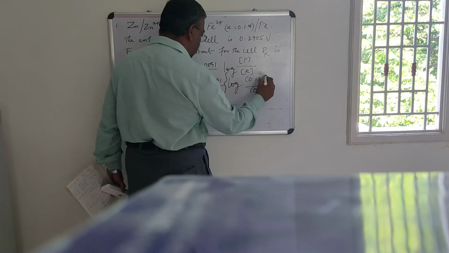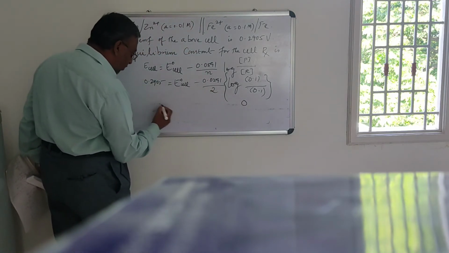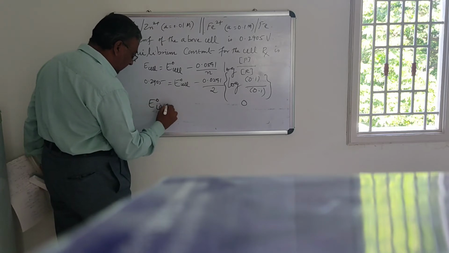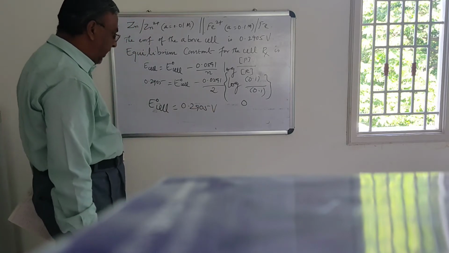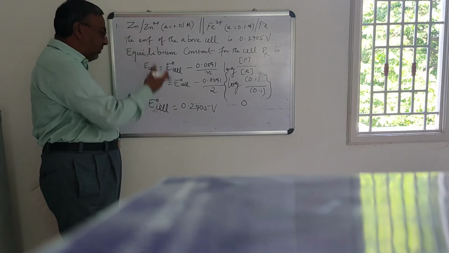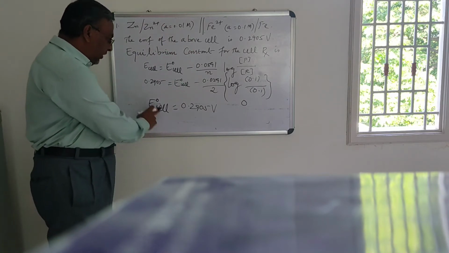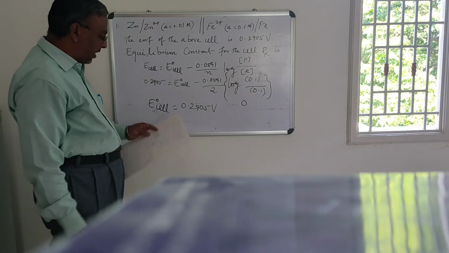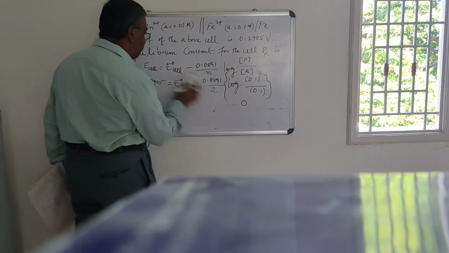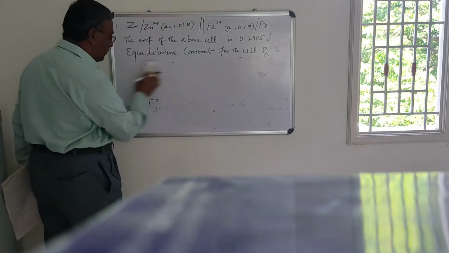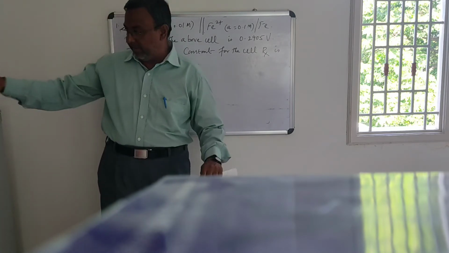Then when we solve this, it will be equal to log 1. Log 1, this value will be equal to 0. 0 into anything is equal to 0. Therefore, E naught cell will be equal to 0.2905 volt. That means the E naught cell of this type of cell is found to be equal to the EMF of the cell. So from this E naught cell value, now we have to find out the value of equilibrium constant. How? Now we have to use how E naught cell is related with equilibrium constant.